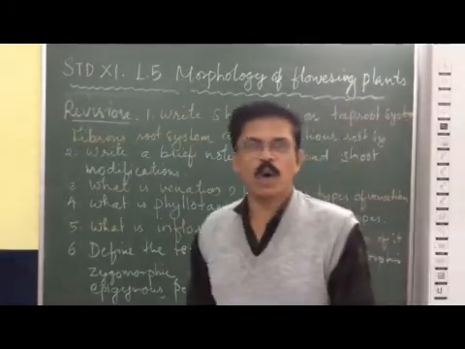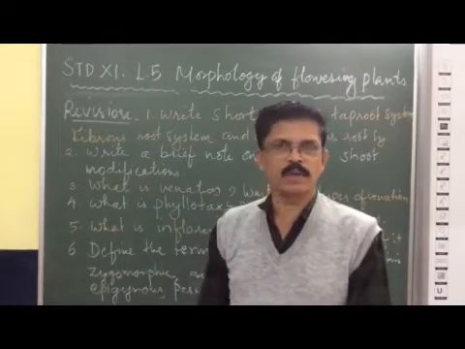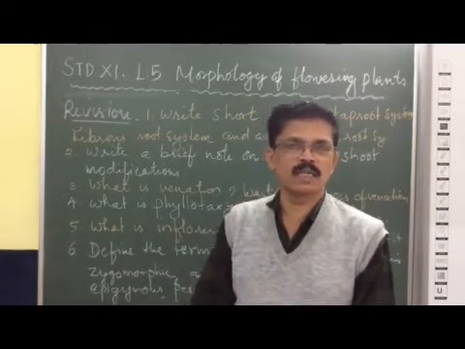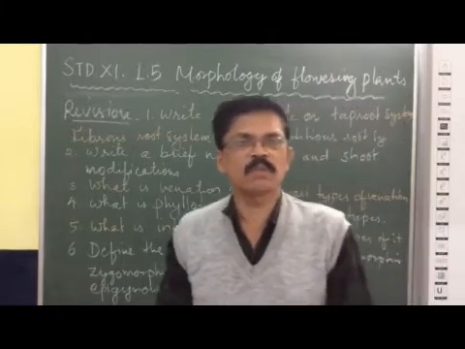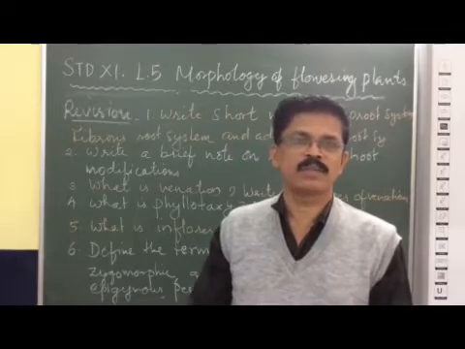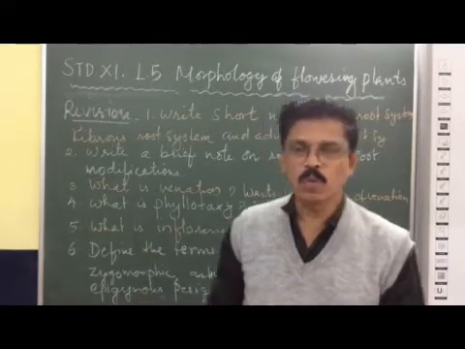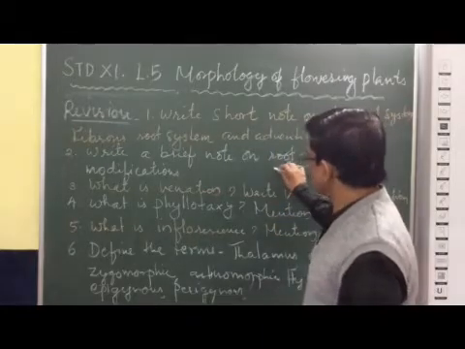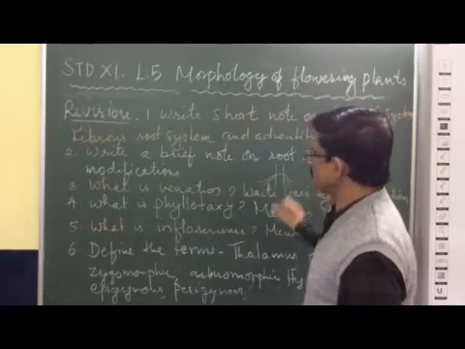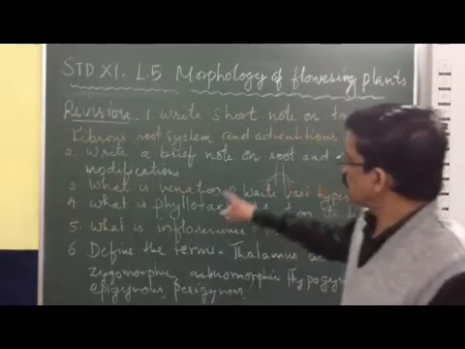Again, stilt roots and prop roots are also root modifications. Prop roots are the roots found in the banyan tree. From the lateral branches, the prop roots grow downwards, fix the plant in the soil and provide external or additional support. At the same time, stilt roots are seen in plants like maize and sugarcane. From the basal nodes of the stems, the roots develop. Such roots which develop from the basal nodes we call stilt roots, as we can see in maize and sugarcane.